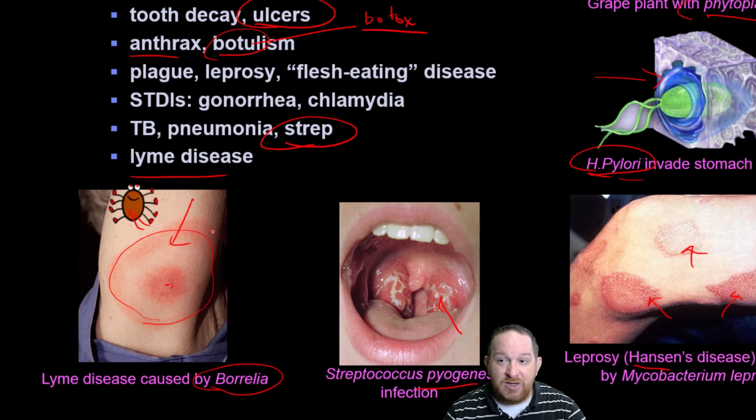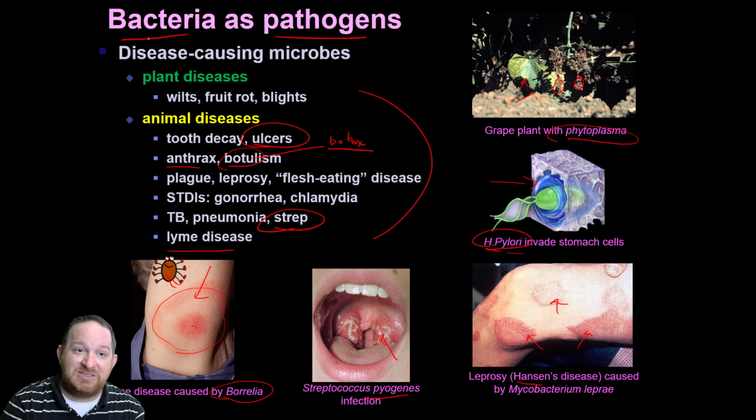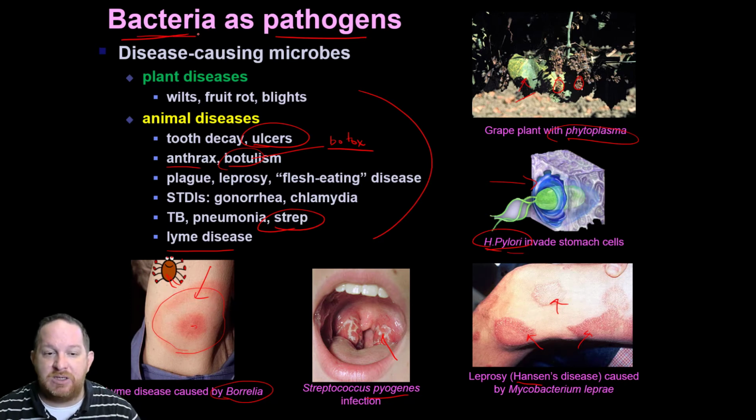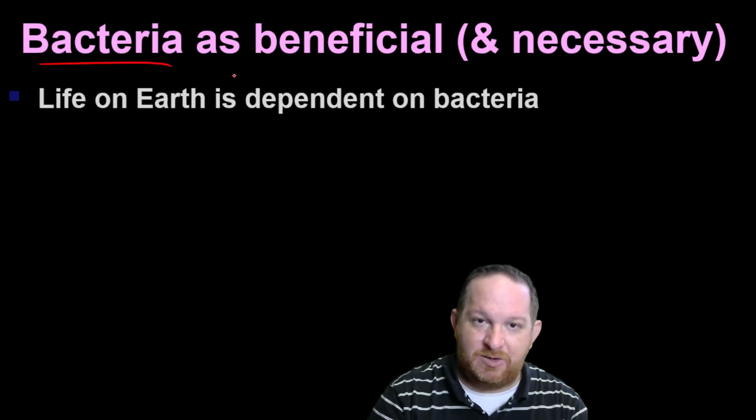So bacteria can be pathogenic, can cause disease. But as we'll talk about in a moment, most of them can be cured pretty easily with some antibiotics, because bacteria are living and an antibiotic would kill some living things in your body. So we talked about bad bacteria. Let's talk about some good bacteria.